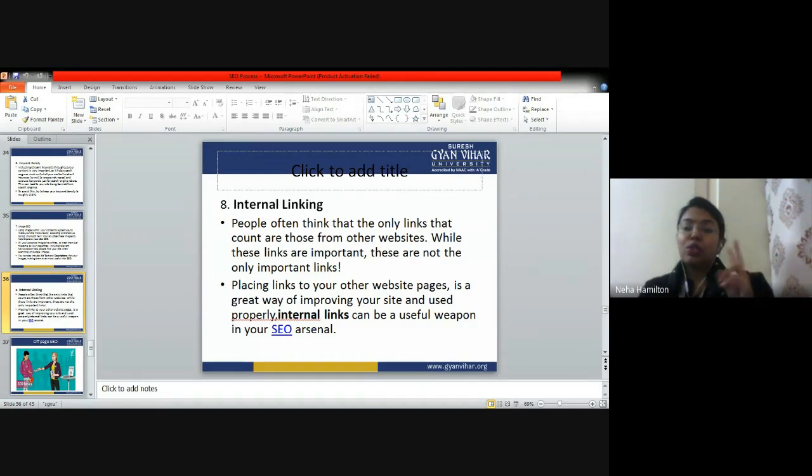So these are the two important aspects of internal linking. That means linking your own website pages to each other to improve the visibility, to improve the traffic, to improve the ranking of your website in search engine optimization. Okay,